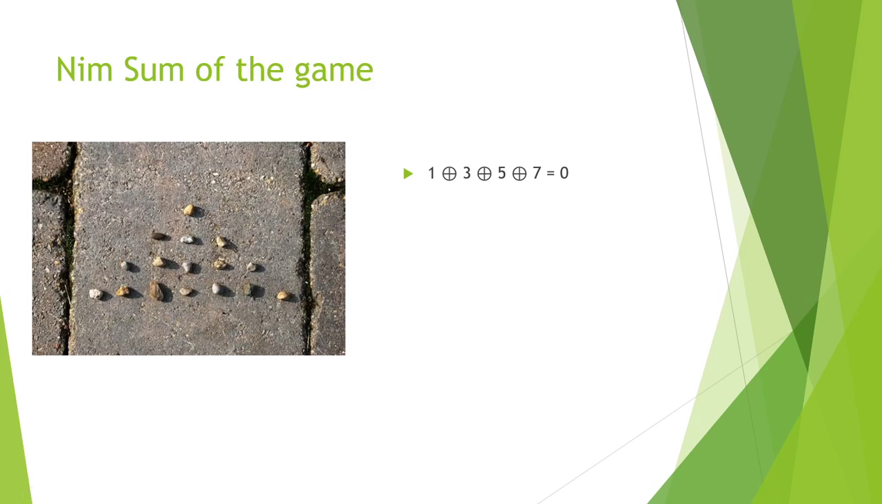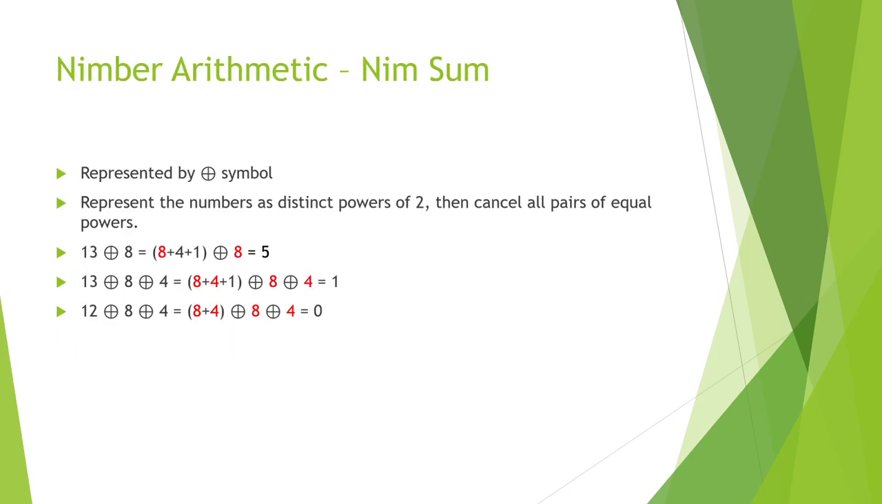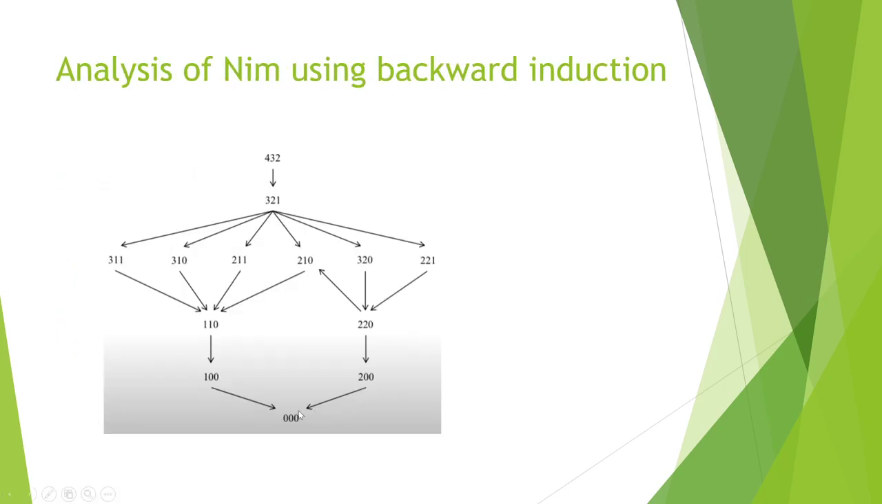So for the game of nim, we know that there are P positions and N positions, right? And if we analyze these P positions and N positions, we can see that every P position has a nim sum of 0. This has a nim sum of 0. This has a nim sum of 0. This has a nim sum of 0. And all the N positions have a nim sum of non-zero. So this has a nim sum of 1, this has a nim sum of 2, this has a nim sum